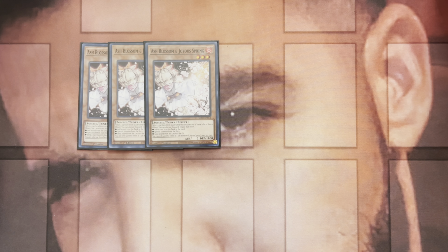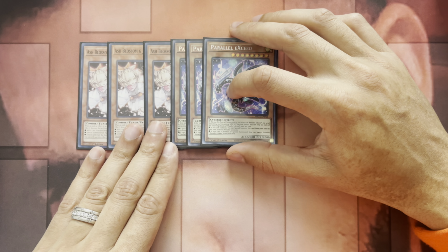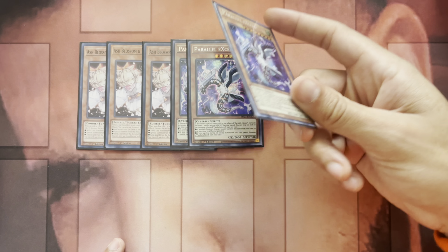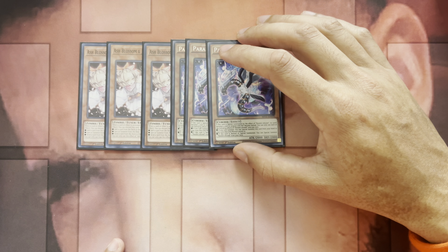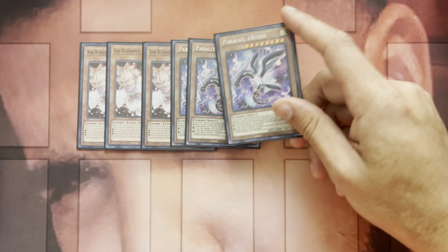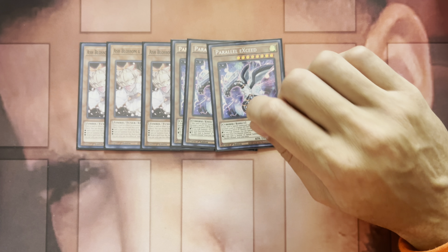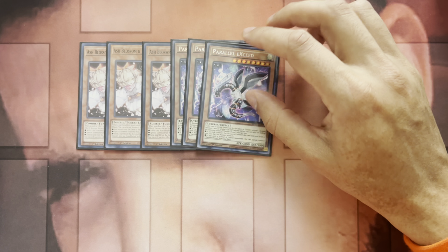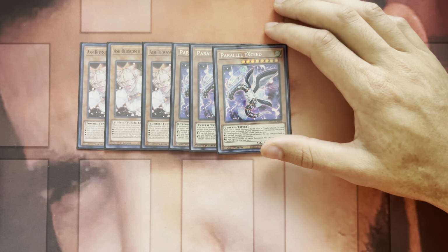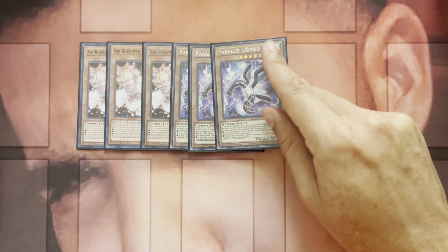And this is one of the cards I was talking about. If you spend a few cents, you can pick up a playset of Parallel Exceed. I think these come in common, prismatic rare, and super rare from the OTS pack. This card alone, if this is the only card you pick up, really sends the deck over the top. It just elevates that ceiling a little bit. You can go into Rafflesia super fast,